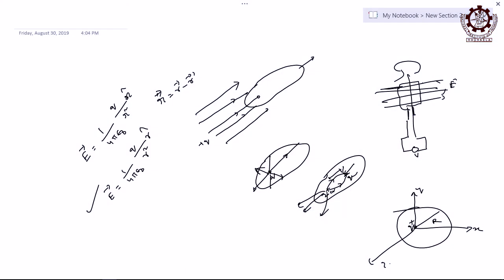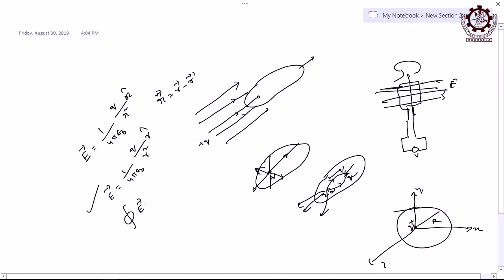Which coordinate will you use, Cartesian coordinate or spherical polar coordinate? Obviously, there is no other way out, right. Then how will you write that, how much flux will link? Or let us say you first find that it is a closed surface, right. The point charge is within the closed surface, may be a sphere, may not be a sphere, but within the closed surface, right.